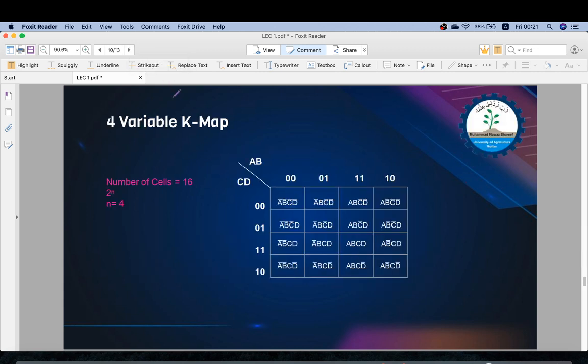The third one is the 4 variable K-map. First of all, the same expression 2 to the power n, n is equal to 4, so there will be 16 cells there. A and B variables, C and D. The maximum number of variables are on both sides, on the top side and on the side also. All these logic expressions are the same as we did in 2 variable and 3 variable. As all are 0, A, B, C, D are all complemented. A complement, B, C, D, and also the same in all the cells.